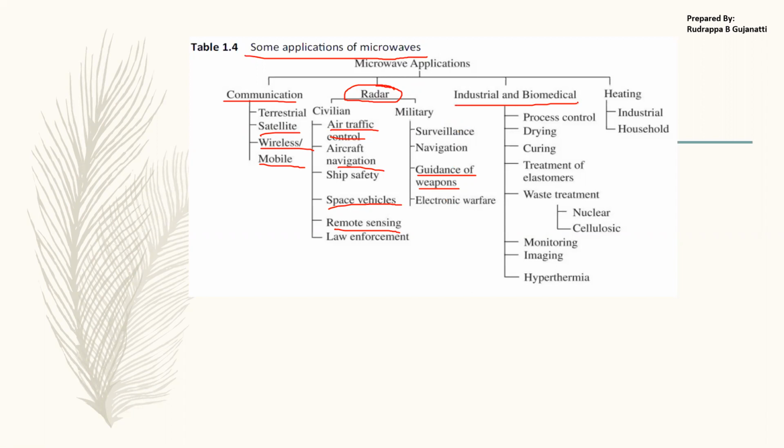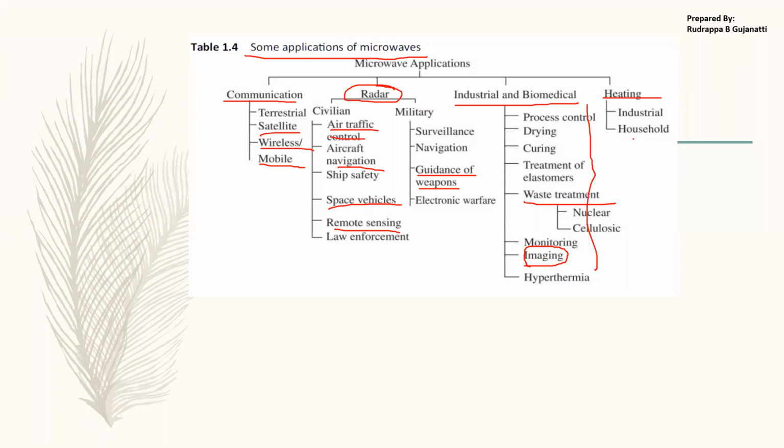Then if you come down to industrial and biomedical, you use it for multiple things. If you want to go for waste treatment, you can go ahead with these things. If you want to go for imaging using the microwave frequencies, you can do the imaging. Many medical images are taken at those frequency ranges, which are not visible, or you cannot identify at low frequency ranges. So these are just a few things to name.